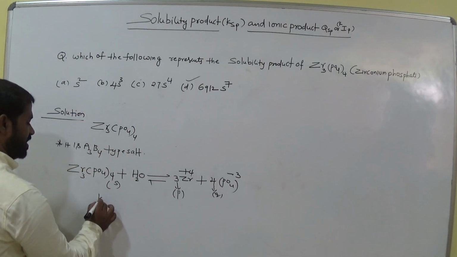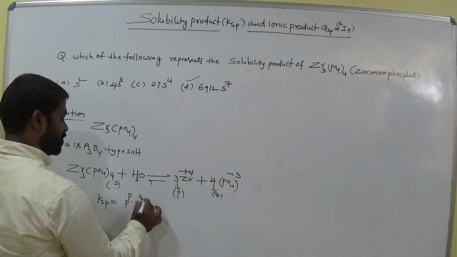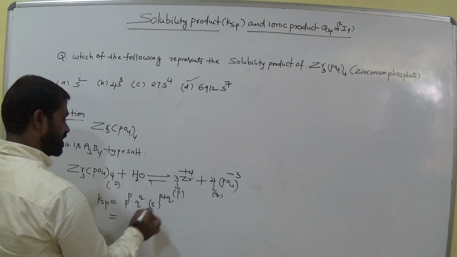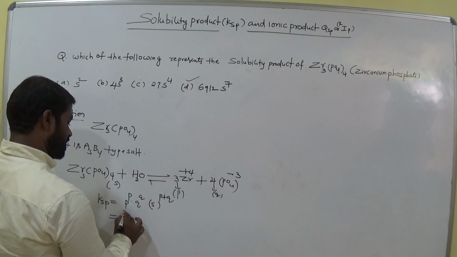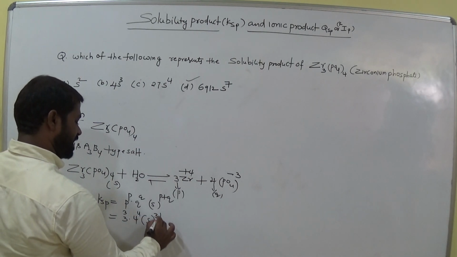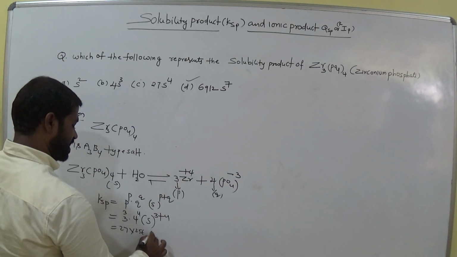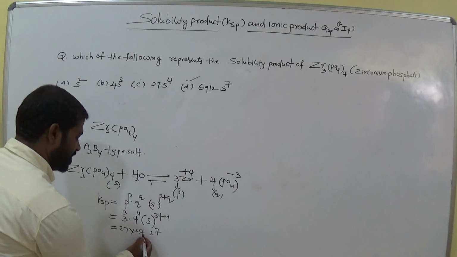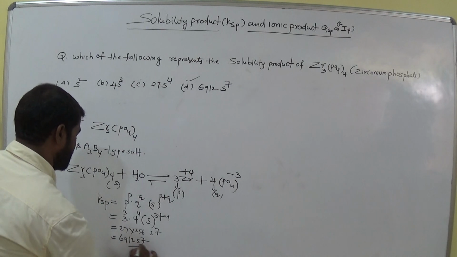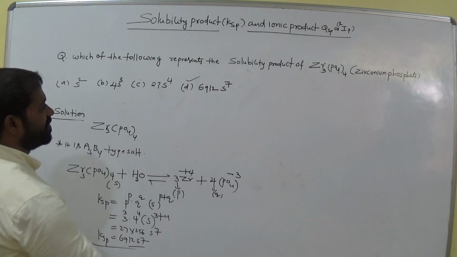So now solubility product is equal to how much? P power P, Q power Q, S whole power P plus Q. Clear? Now what about the value of P? 3 power 3, Q means 4 power 4, S whole power 3 plus 4, am I right? This is how much? 27 into 256, S whole power 7. Clear, it is 6912 S whole power 7. So now this is called Ksp for the above molecule. So simple, this is the answer.